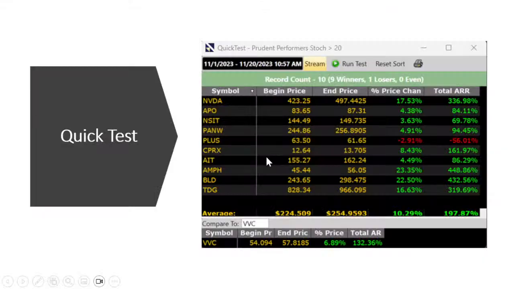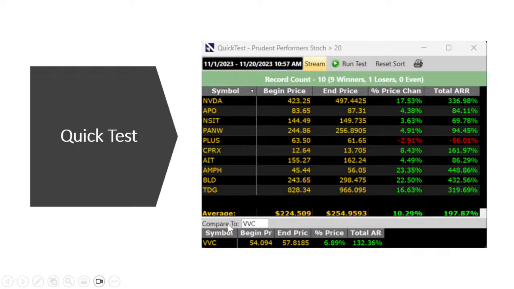And just recently, that search, guys, prudent performers, off of the bottom. November 1st is when the primary wave first turned up, all the way to current. Prudent performers, with stochastics first crossing above 20, 10%, 9 winners, 1 loser. In just a couple of weeks, the VVC went up 7%, so we're beating the market, 9 winners and 1 loser. All this is the prudent performer search, looking for stochastics to cross from below 20 to above 20 when the market began to rise.